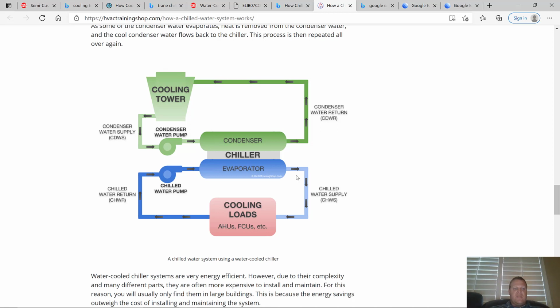So this is another schematic from a website that, whatever, I'm just trying to give you different versions of the same thing. We've got our air handler, fan coil units, etc. as the cooling load. That's in the building. We got a chiller, both two sides of a chiller, evaporator and a condensing side. The evaporator makes the chill water. Here's the refrigeration cycle going on right here. On the condensing side of the refrigeration, it needs to be able to cool off, so it uses water going back to the cooling tower